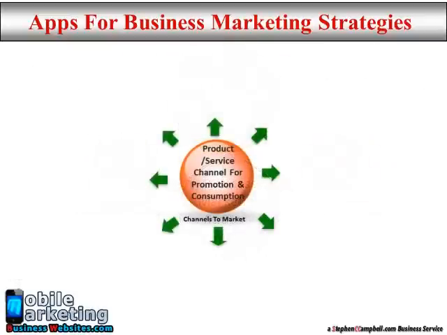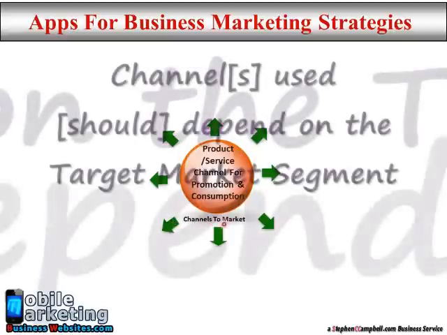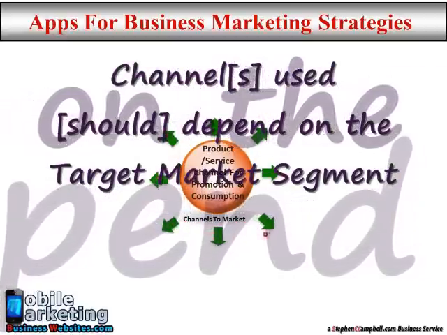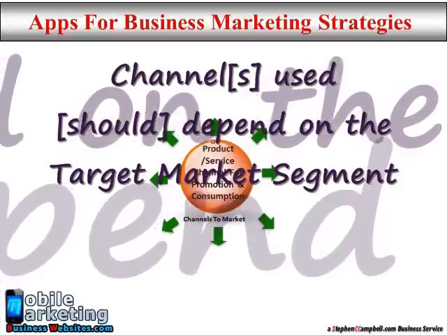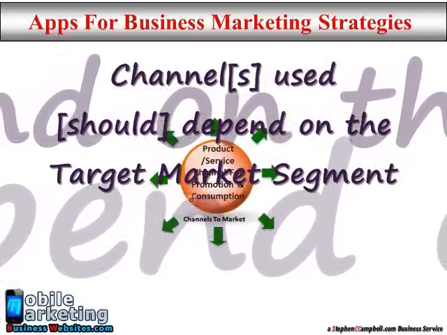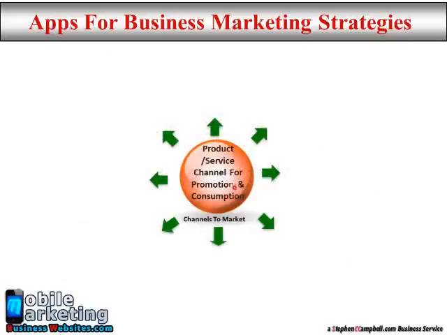So let's move on and put some more meat to this. So you have your product or service, and by definition, product or service will be pushed through a marketing channel. And there are two principal ways how you use your marketing channel. You use them for promotion and consumption. That is to say, how people actually use your product. It could be, for example, if someone wants to use your hairdressing services, obviously they have to come into your hairdressing salon to consume your product, but you can actually promote it to them by various marketing channels.